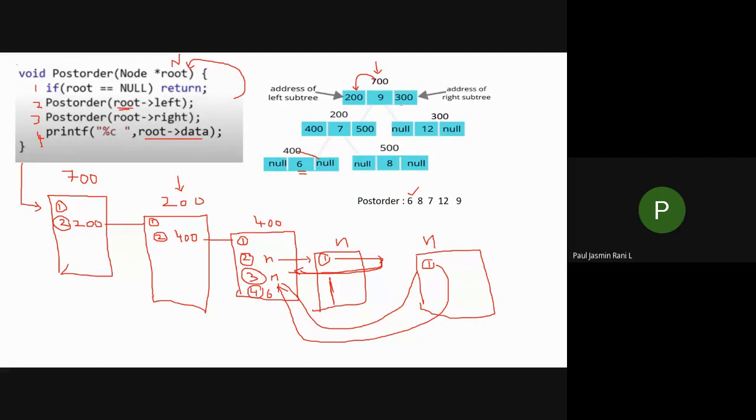That is, the root element gets printed. But here, what happens? I'm going to move that statement to the fourth statement. So after doing a post order until I reach the last leaf node, I call the recursion function, and only last am I going to print the leaf node. That is your left subtree of your child. So the first element to be printed is 6.